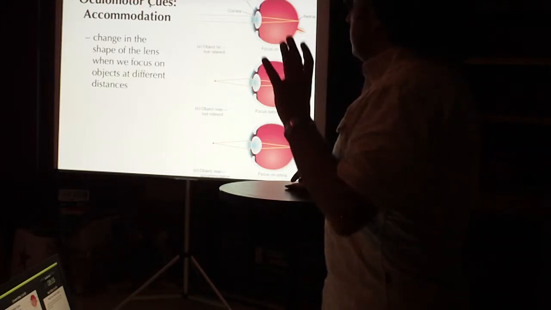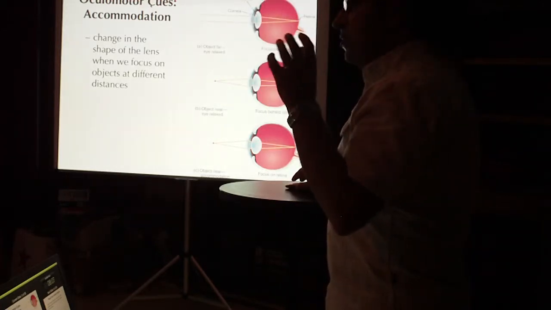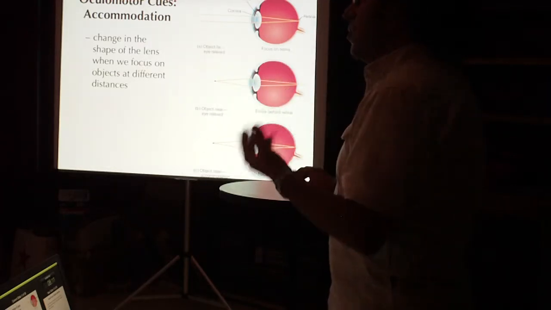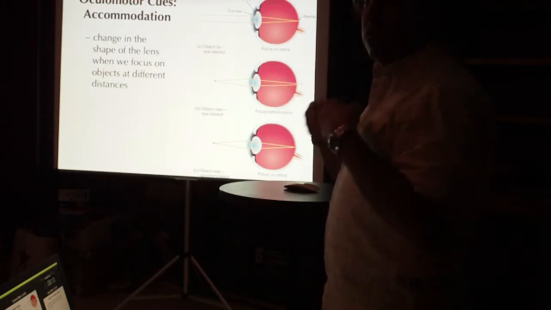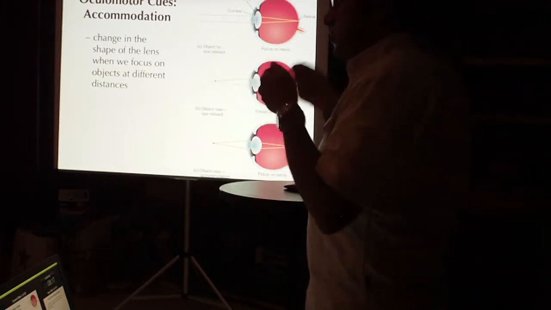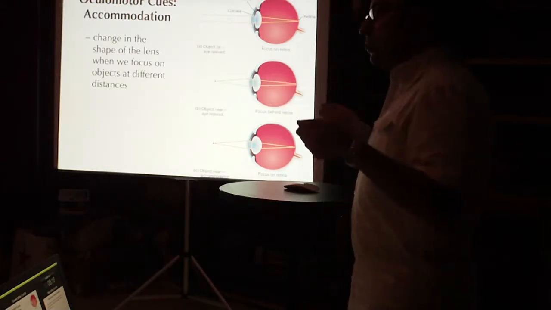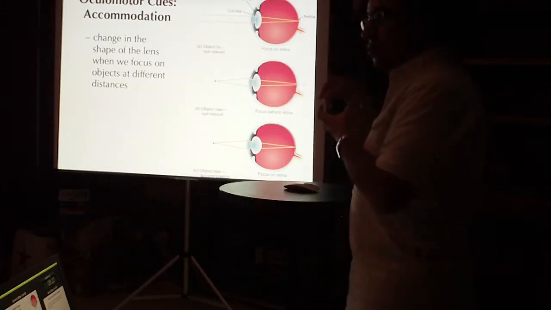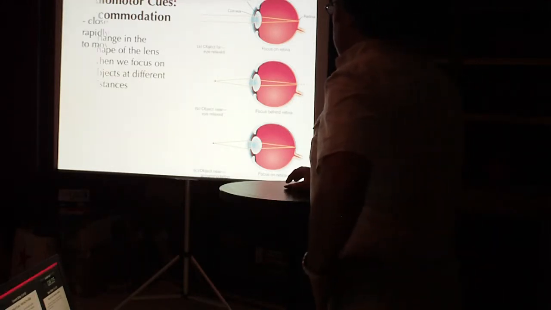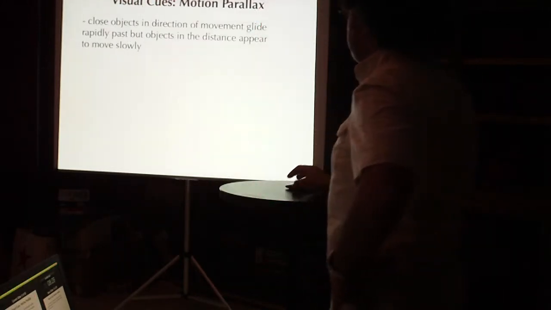So we call this class of signals oculomotor signals, or cues, because they emerge from the motor component of visual processing. Precisely the muscles that control eye position and the convexity or the power of the lens inside each eye. Then there's a whole class of visual cues